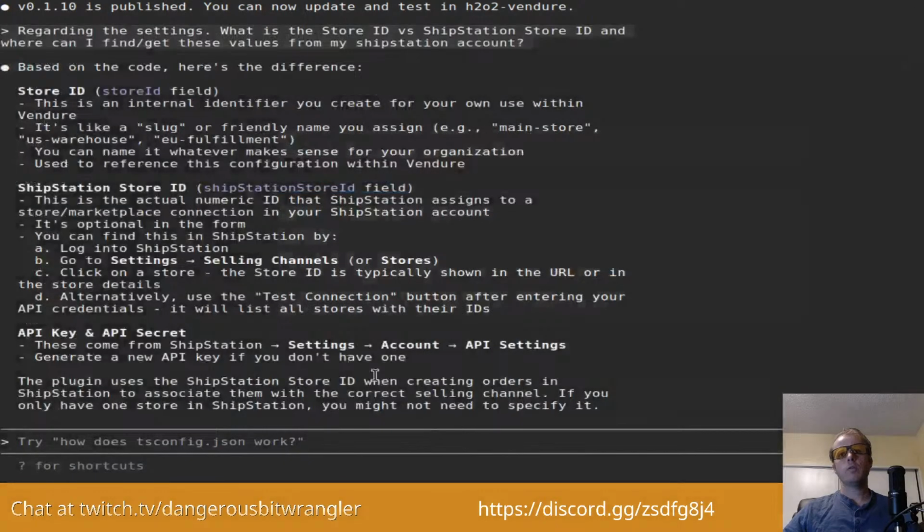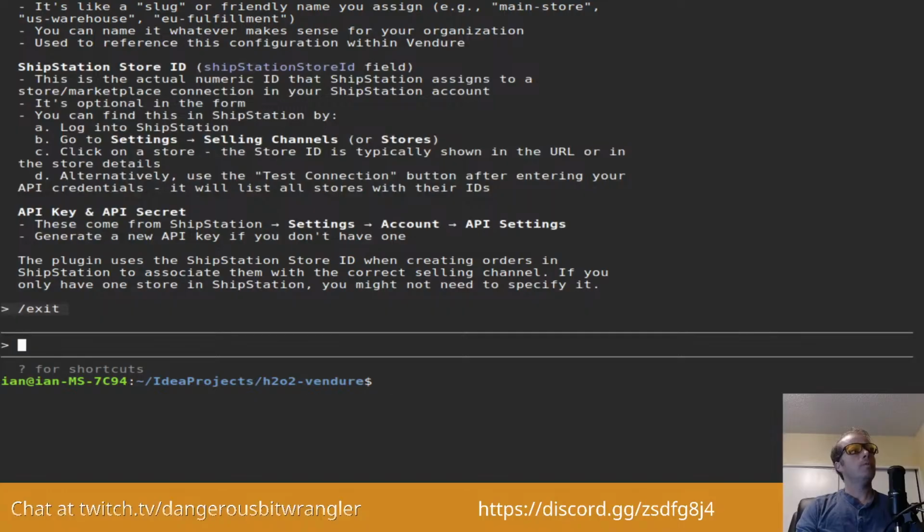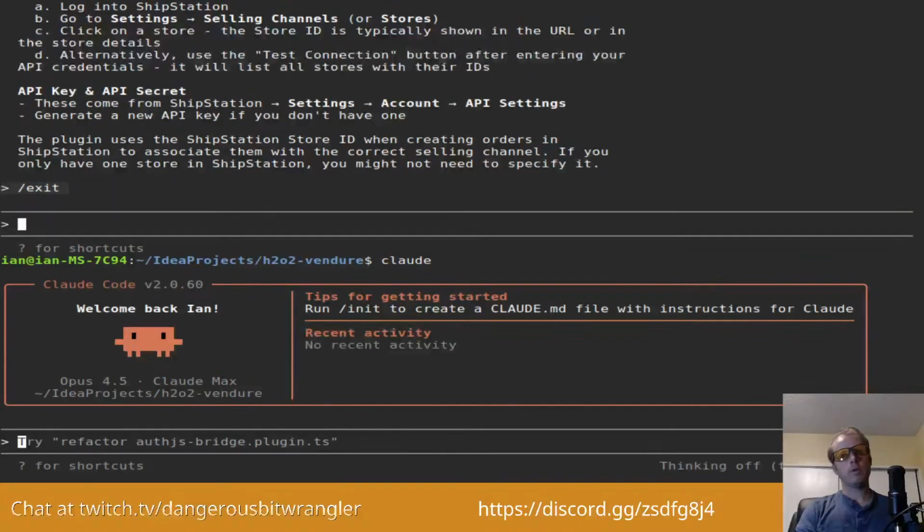Let's go back over to our Claude code, tell it it messed up. Actually, okay, this is a different chat, so this is actually a different session. I'm going to start a new session just to clear the context. Just updated the plugin npm package. When I open settings ShipStation,